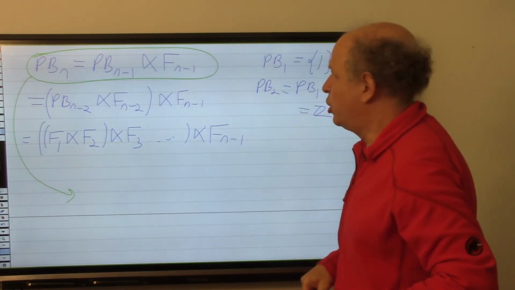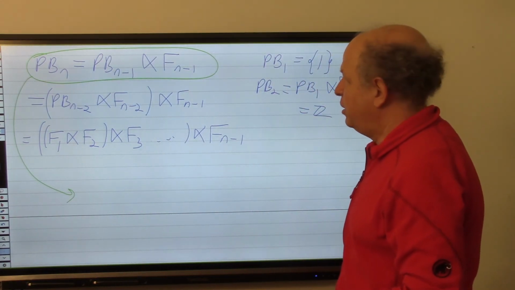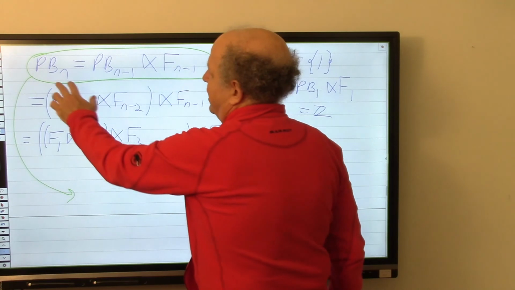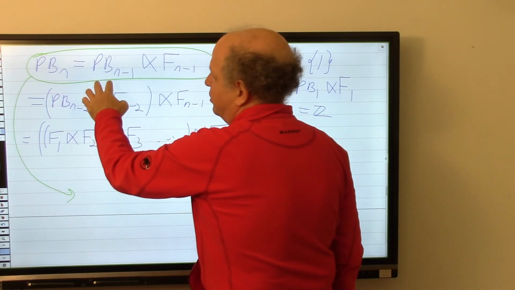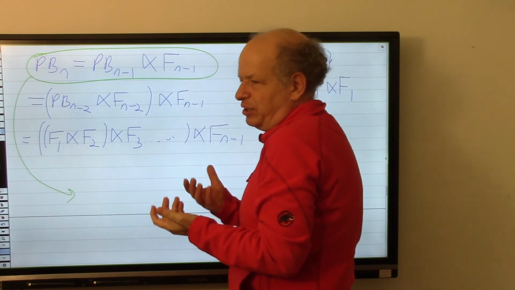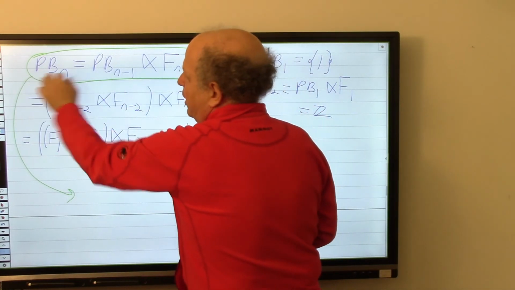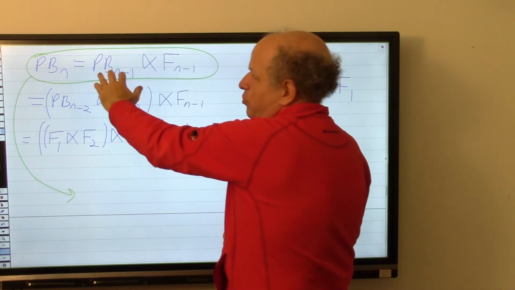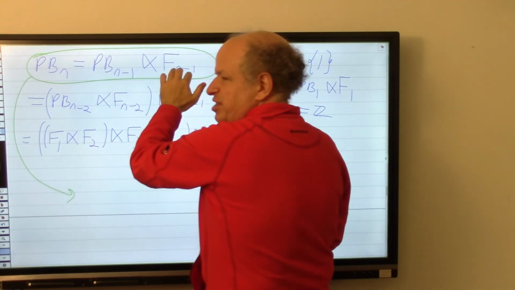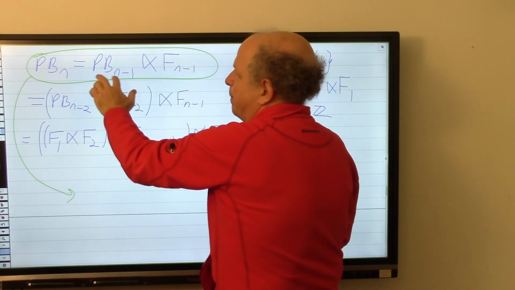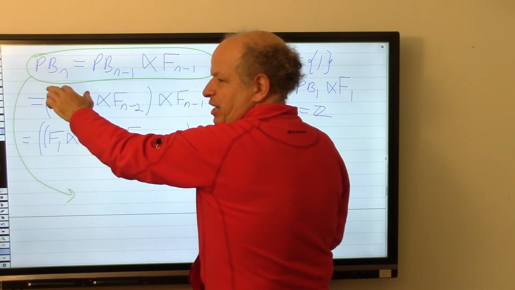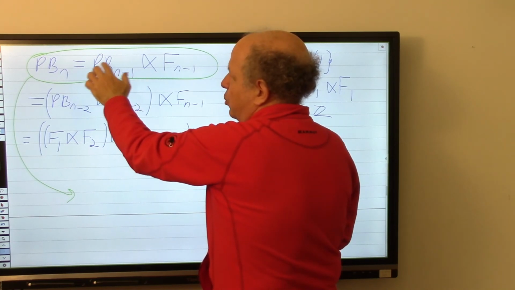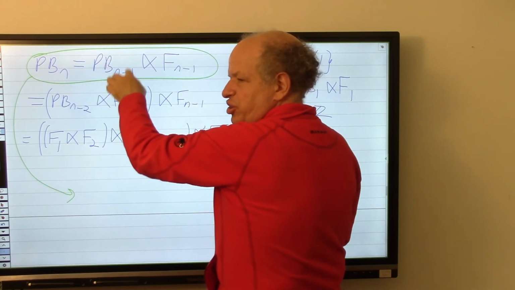Okay? So the claim here is that every braid with n strands can be written. So you see, when you have a semi-direct product, it means that you can write anything on the left as something from here times something from here. It's not a cross product, but still you can write anything here as something from here times something from here. Now, every braid on n strands can be written as a braid on n-1 strands,